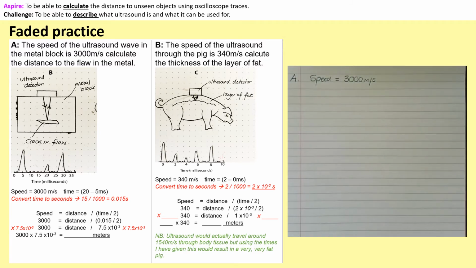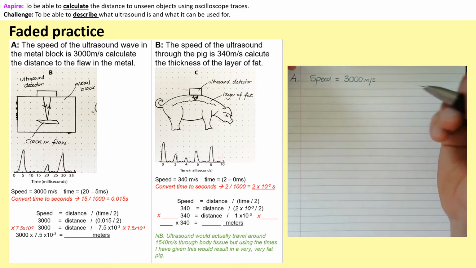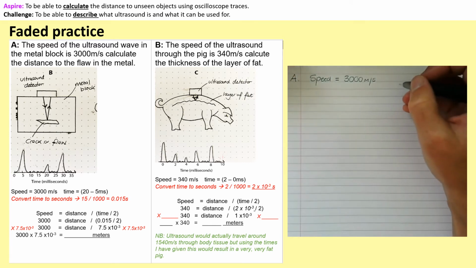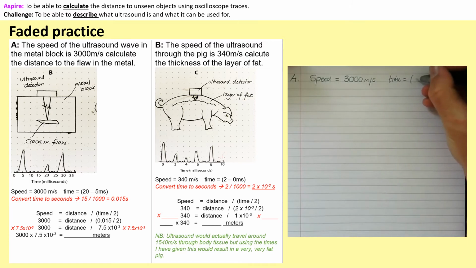The other thing that we are told, or we can at least infer, is if you look at the oscilloscope graph, you can see that a transmitted pulse was sent out at 5 milliseconds, and the first one received back was 20 milliseconds, which indicates that that's the crack. So our time is the difference between those two. We start with the bigger number, so that's the 20, and we take away the 5. So our time was 15